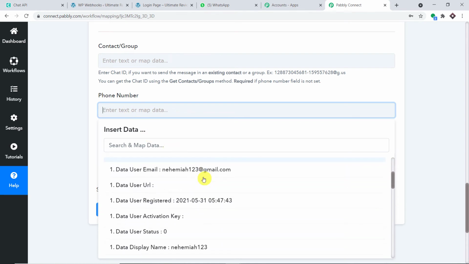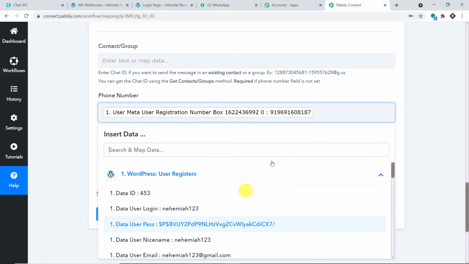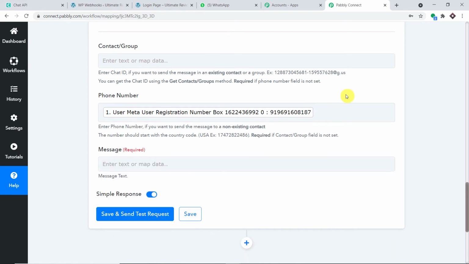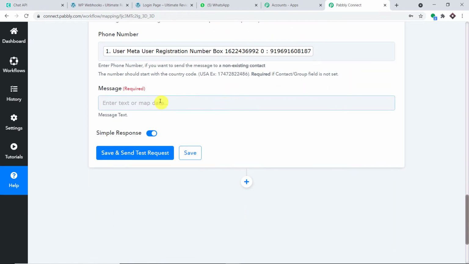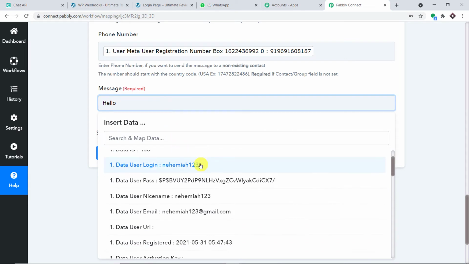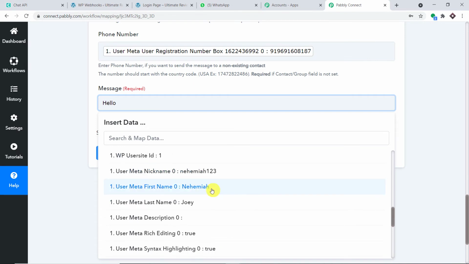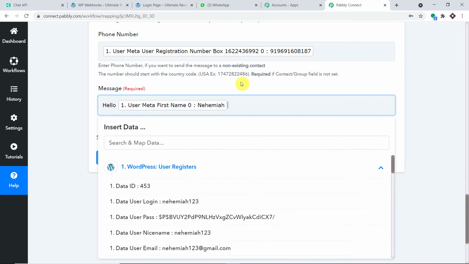Now let's straight away go to the phone number. So basically this is the phone number. So let me just scroll down, okay, and let me just map the phone number. Okay, so we have mapped the phone number. Now how about the message? So this is the message, and I'm going to type a very simple message, hello, okay, and let me just add the name. So the name is Nehemiah, I'm sorry, that's the username. Okay, so this is the message, hello Nehemiah,